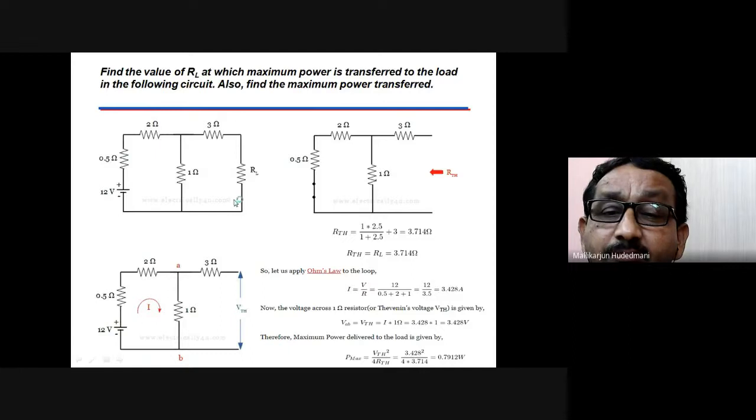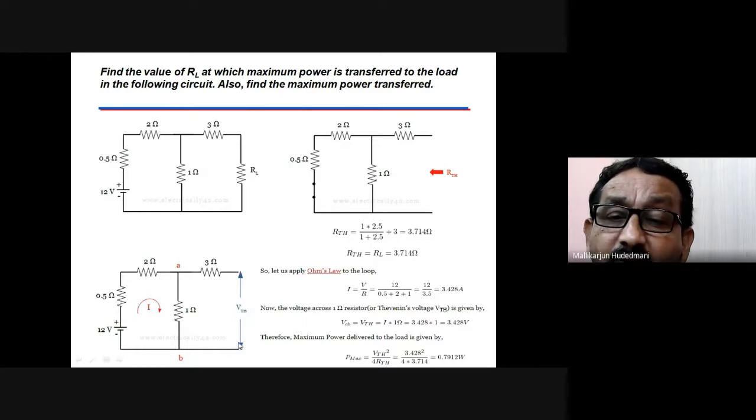We can just see, remove this load resistor, I eliminated it here. I want to find out the voltage readable between these 2 points of our interest, nothing but the voltage across A and B. When there is an open circuit, no current flows through the 3 ohm, and this point is the same as point A, which is shown here. And this other point is, as usual, B.